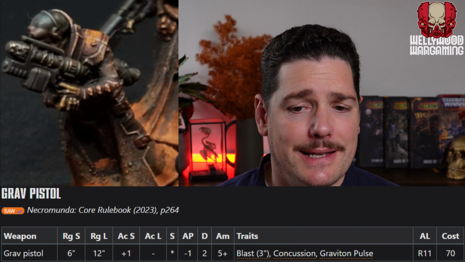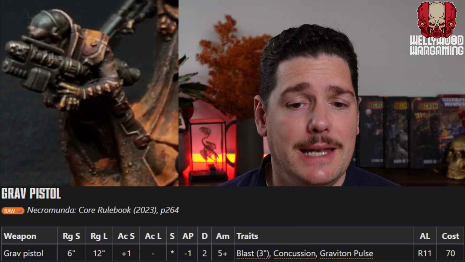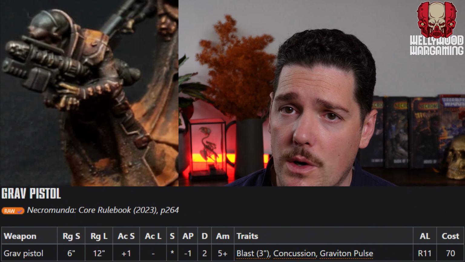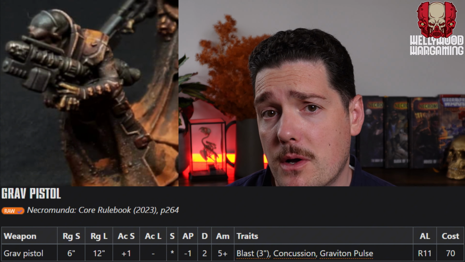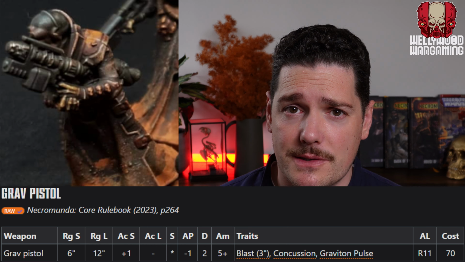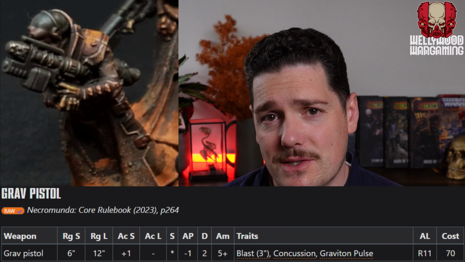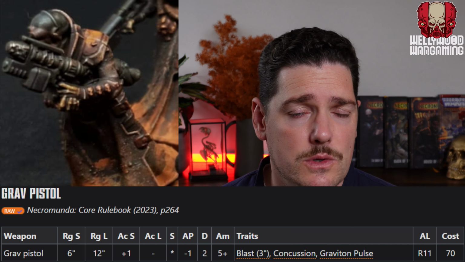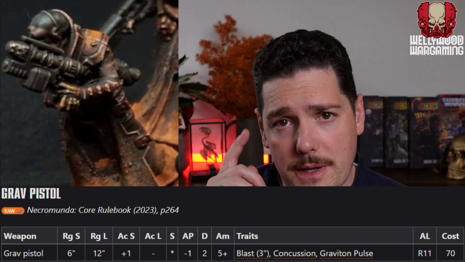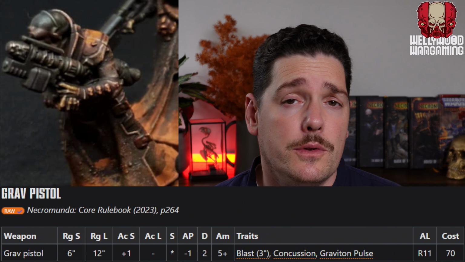Also, after the weapon has been fired, leave the blast marker in place for the remainder of that round. Any model moving through this area will use 2 inches of their movement for every 1 inch. So you can use this thing to gum up corridors and stop people charging you. The thing I like about Grav a lot is it's quite tactical in the way that you can just plop one of these markers somewhere and stop people moving through it and charging you. Yes, it's a little bit situational, but if you use it right and you use it with a little bit of guile, you can really do some fun stuff with Grav, and that is why I've put the Grav pistol